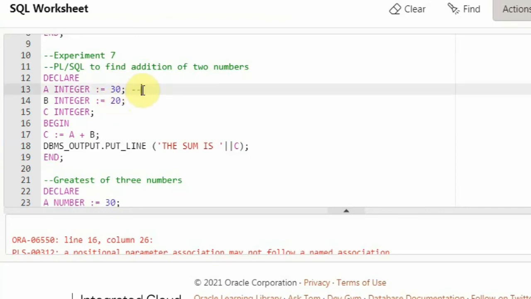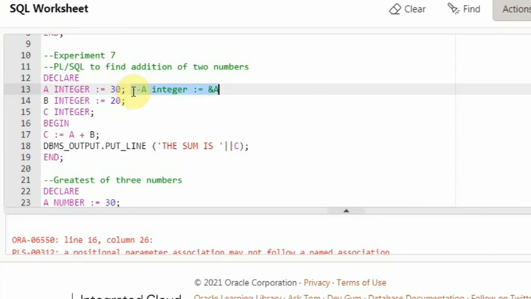But if you want to read it from the user, then I'll say A, which is an integer, and then I'll say colon equal to, then ampersand A. This is how I need to give it to read from the user. You can work it out in Oracle after installing it, or else you can take the input from the command line. Since Oracle Live SQL does not support it, I am directly giving the values.